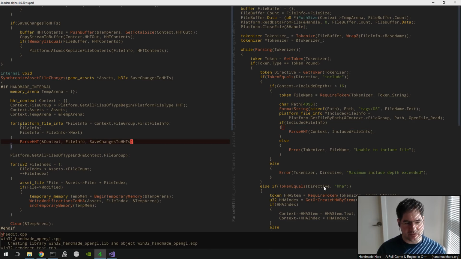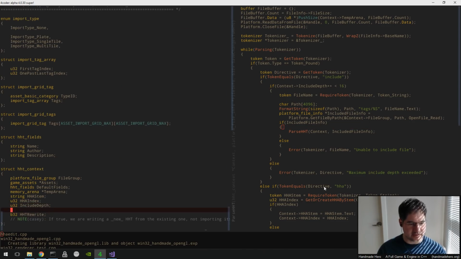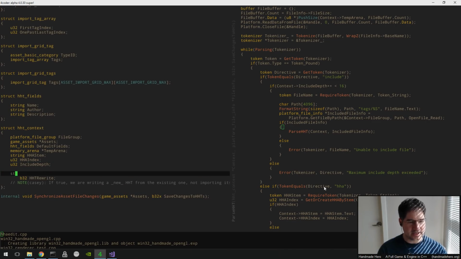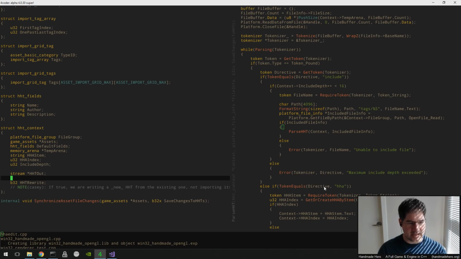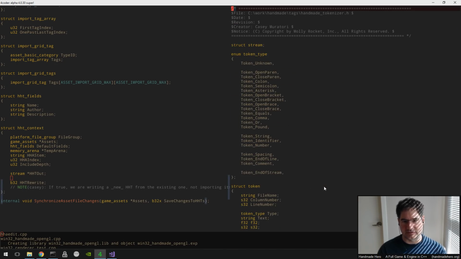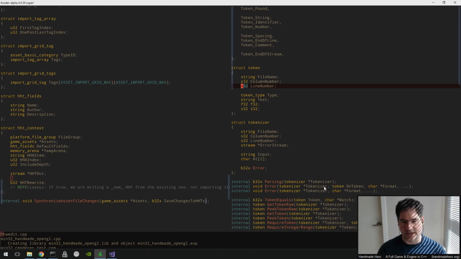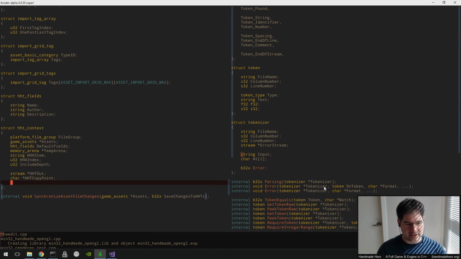So I think all we have to do there is say, look, the HHT context stuff, in here, we're going to have a stream for HHT out, and we're going to have a token position. If you look inside the tokenizer at where these things are being recorded, you can see that it has an input string, so it would have a char pointer. So it would have an HHT copy point or something. I think that's all we would really need to save. So if we just get rid of this,